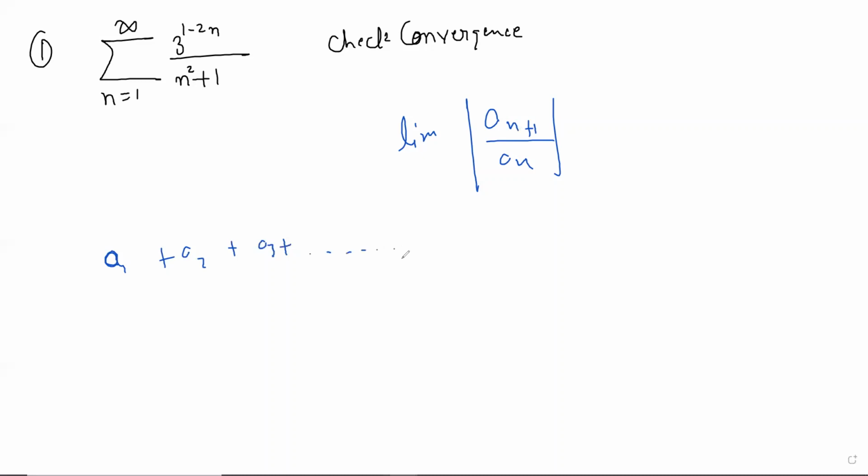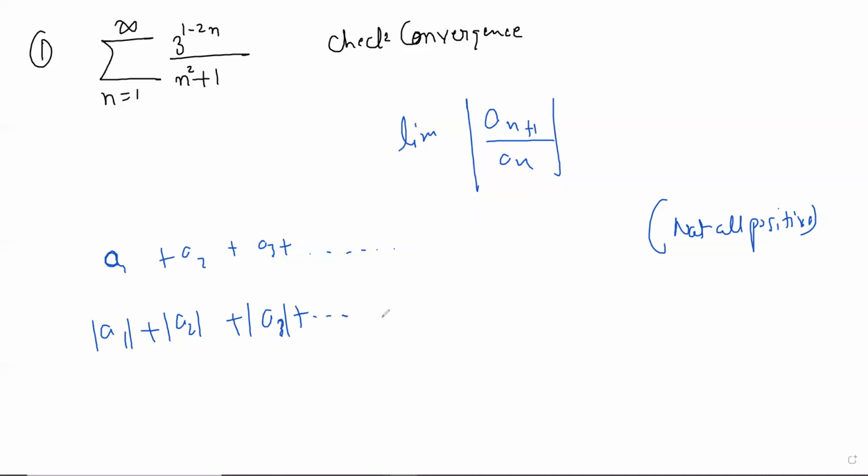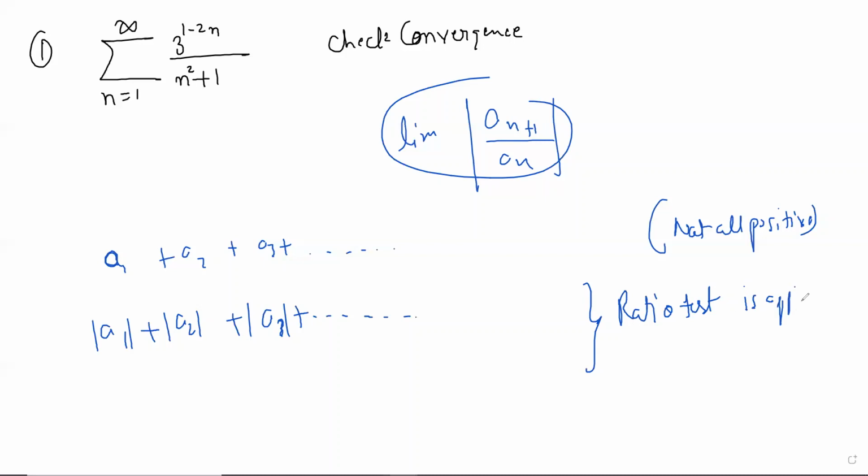But meanwhile, let's say you have a series like this, and you want to apply the ratio test. Now, if some of the terms are negative and some are positive, so this is not all positive, and you want to apply the ratio test, then you take the mod of every term, and you take this new series. Of course, now in this series all the terms are positive. So here in this part, the ratio test is applicable. I've just broken this thing in 2 steps, and now it becomes obvious that we can do it. So you apply the ratio test.